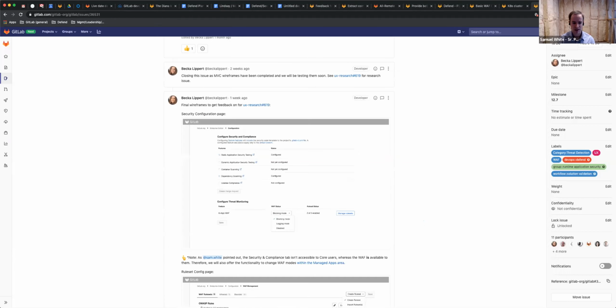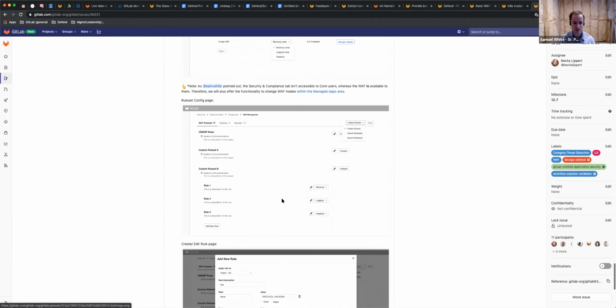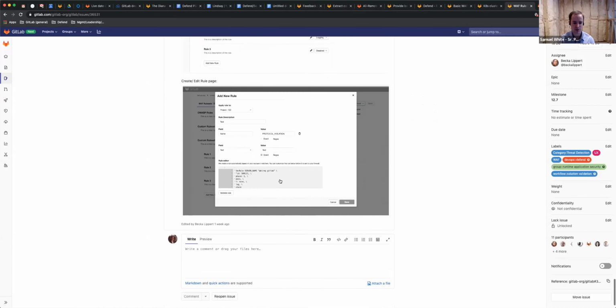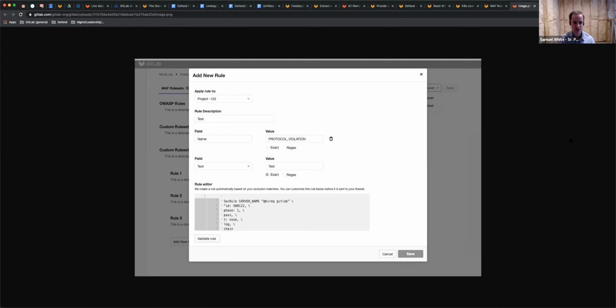This mock might be outdated, but the next two for sure. You can see where the challenge comes in. Oh, absolutely. So this mock, and then the next mock. So it's kind of a two mock issue. You can see we've got the OWASP rules that we ship with, and then you can create new custom rule sets.